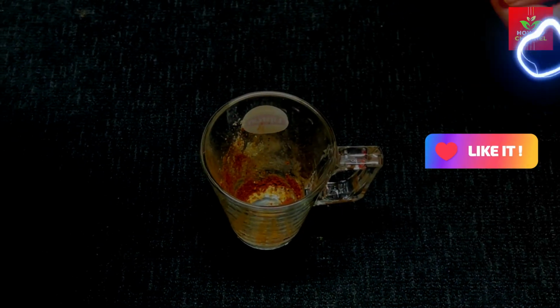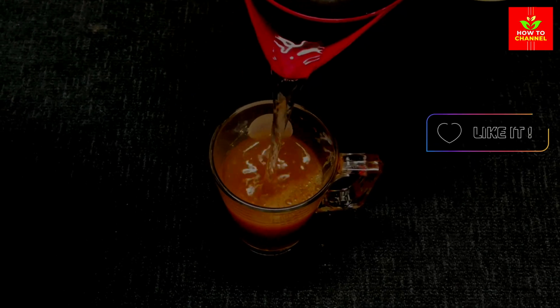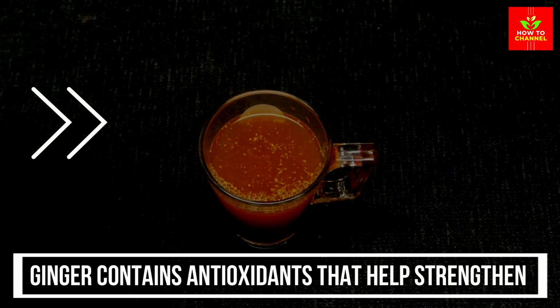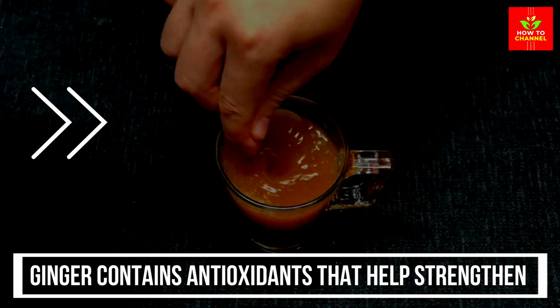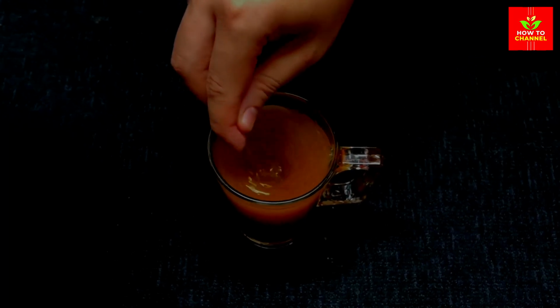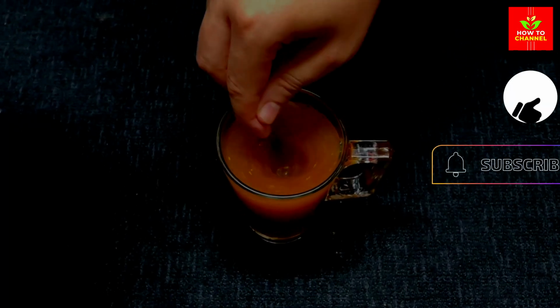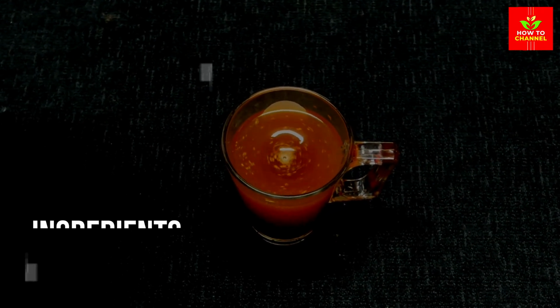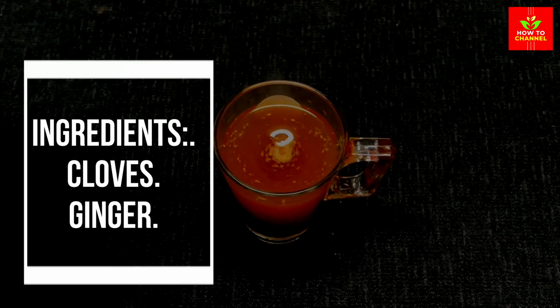The anti-inflammatory compounds in ginger can also help reduce pain, particularly in conditions like osteoarthritis and menstrual pain. Ginger contains antioxidants that help strengthen the immune system and protect against oxidative stress. Some studies suggest that ginger can help lower blood pressure and improve cardiovascular health by reducing cholesterol levels and promoting healthy blood circulation. Ingredients: cloves, ginger,